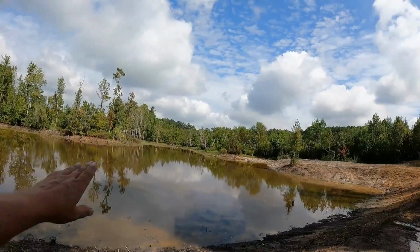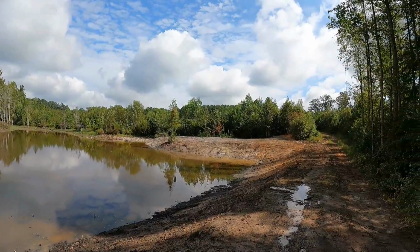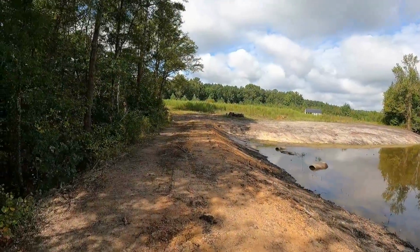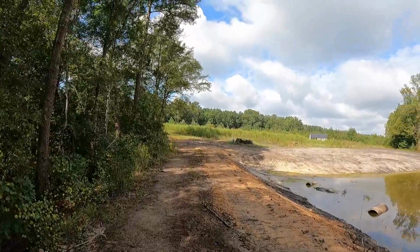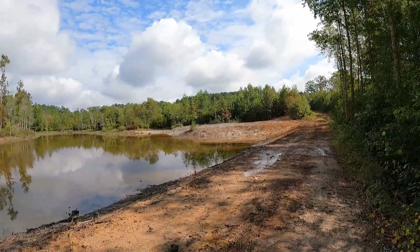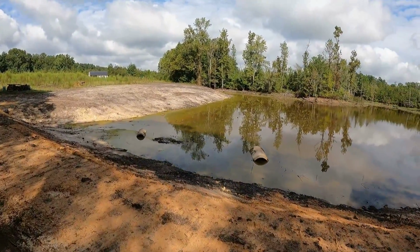That should cover up all that stuff over there and put water all the way up there into that grass. So I left that little tree there on the corner, and got a nice little flattened-off area over there that can be used now. And I didn't do much with the top of the dam. This is going to eventually turn into a driveway to the house lot that will be over here. So when the time comes, if she wants me to do it, I'll grade all this out and put stone on top of this. And I put the two pipes that were left that did not get broken into the pond